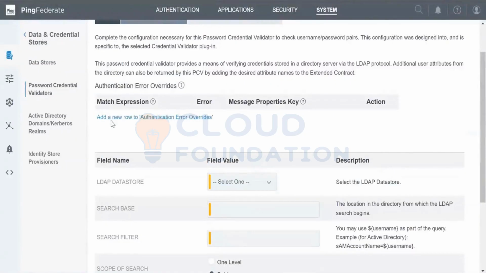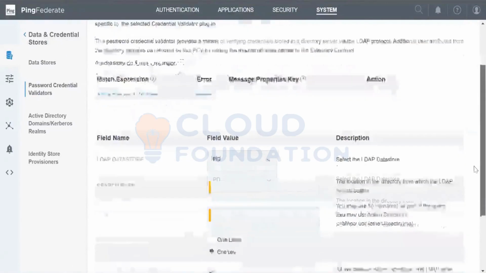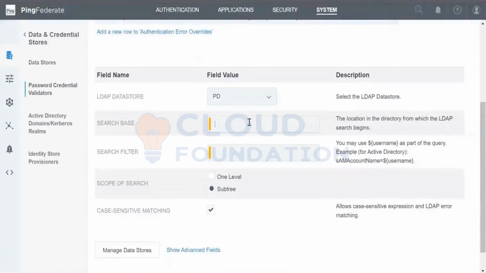Here, you can see it is asking for an LDAP data store. That one you can leave. As I already mentioned in the first or second class, to enable the authentication there will be some search base and search filter.